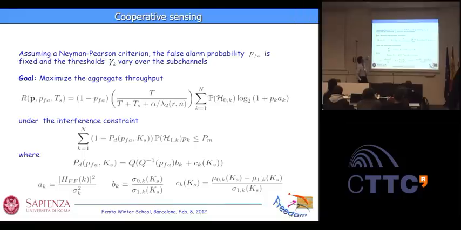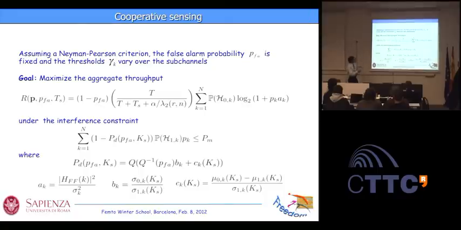Now, which are the optimization variables? We are optimizing over the power allocation. Okay? We also want to optimize over the thresholds, as I mentioned before. But now, the interesting part is that actually we only have this unknown, the false alarm probability, because the detection thresholds will be derived given a certain false alarm probability. This is why we don't need now to compute directly the detection thresholds. We just want to compute the optimum false alarm probability, and then we will derive the thresholds consequently.